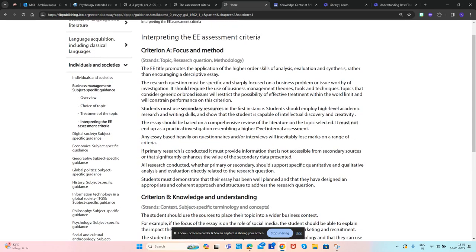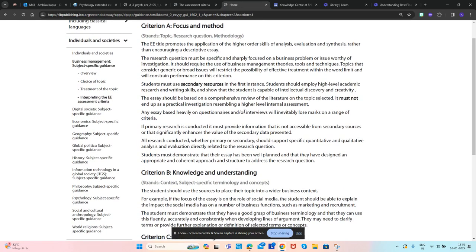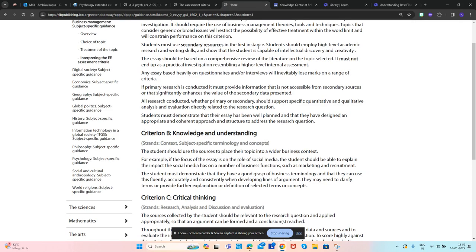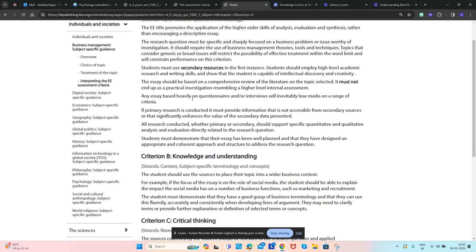So if I look at criteria A, that is focus and method, the EE title should promote the application of higher order skills of analysis, evaluation, and synthesis rather than encouraging a descriptive essay. On the use of secondary resources and methodology, in the first instance, students should employ high level academic research and writing skills, and it should have a wide range of